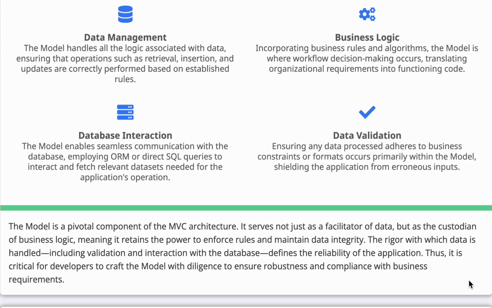The rigor with which data is handled, including validation and interaction with the database, defines the reliability of the application. Thus, it is critical for developers to craft the model with diligence to ensure robustness and